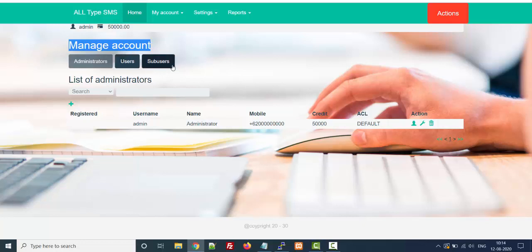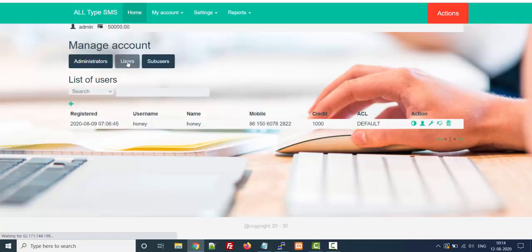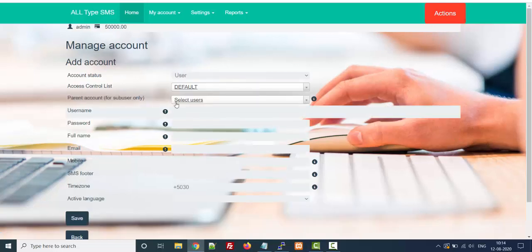An end user, meaning a sub user, is not able to create any more accounts under his account. Let's click on the plus button to add a new user.